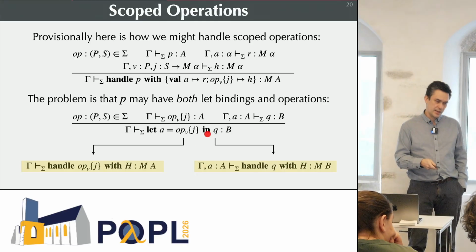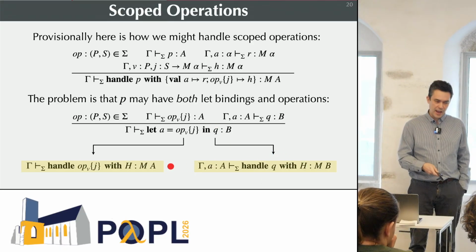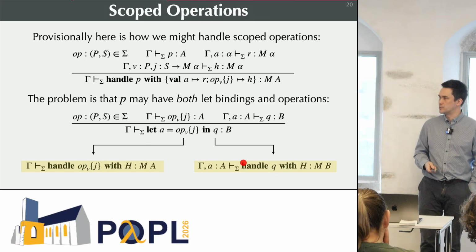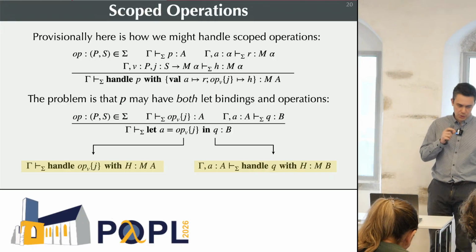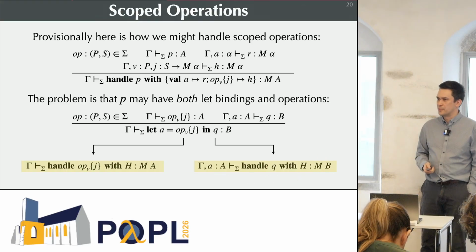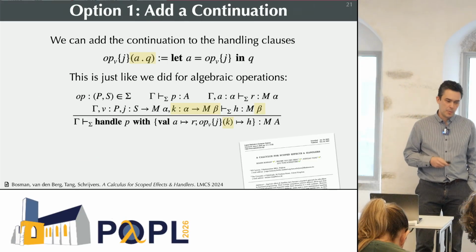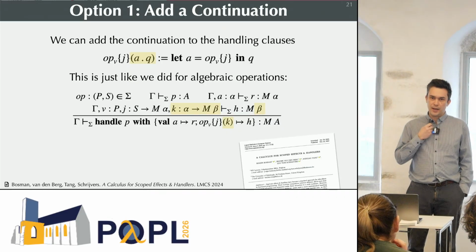What you need to do instead is explicitly handle the operation with the J jump parameter, and interpret Q separately, and then somehow combine these two in some sensible way, preferably doing this thing first before this thing on the right. If you look at their types, this has type MA, and this has type MB given some A. Well, that reminds us of something if we're familiar at all with monads. But that's not where the literature went.